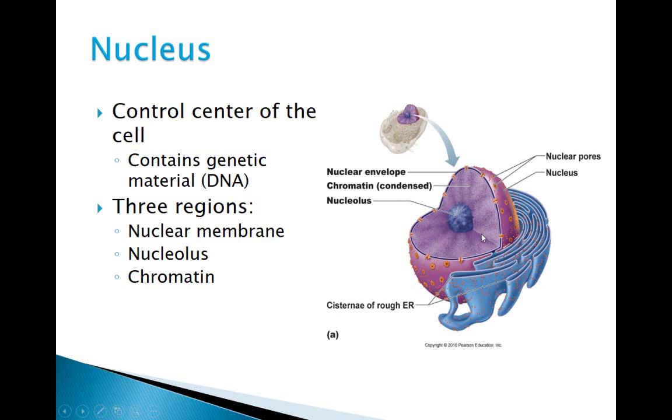And I will say that not every cell has a nucleus, and some cells have more than one nucleus. In the center, this very dense area right here, is the nucleolus, and this is where the ribosomes are created. And then the DNA itself in a non-dividing cell is known as chromatin,